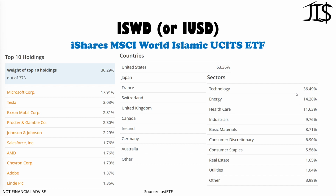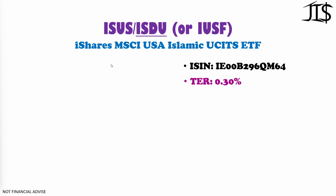So overall, I think this is a really nicely distributed ETF, except of course the fact that Microsoft makes up 17.9% of this ETF. So that's a point to look at if you want to invest in it and you're not comfortable with investing in Microsoft. You might think, okay, it's too high a percentage, but I was invested in Microsoft until 13 years ago, so I don't have a problem with investing in Microsoft. It's a very sound company, so in that regard, I still think that this ETF is worth looking at. Then we can go to the next one,